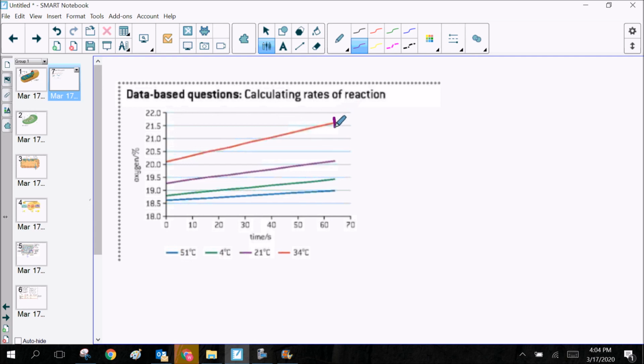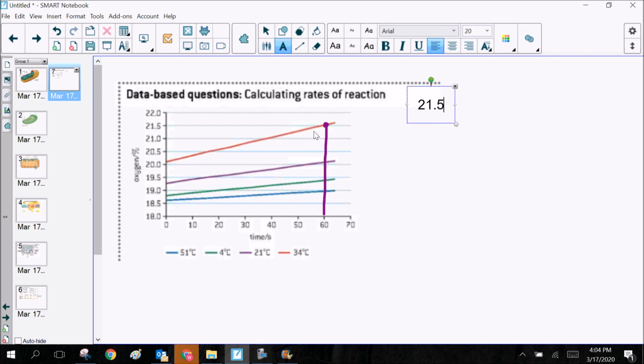It's right at this point, and actually I'm going to use 60 because that's the nearest number that I can actually use to get all of these, because notice that there's no precise number I can use over here. So I'll use 60. At this point, which I'm going to pretend is my final point, I have about